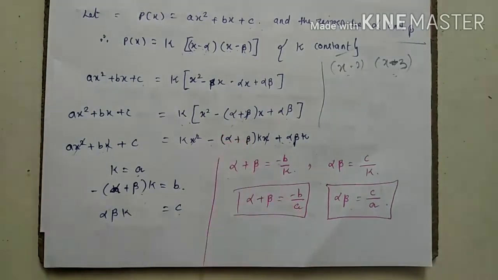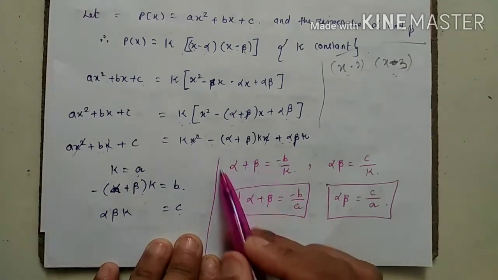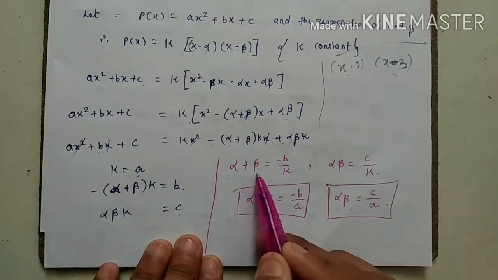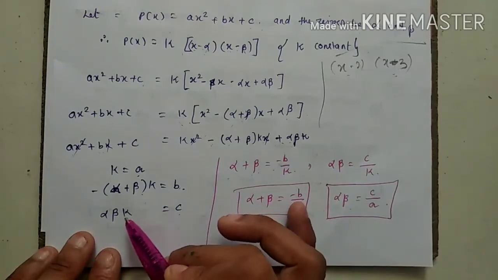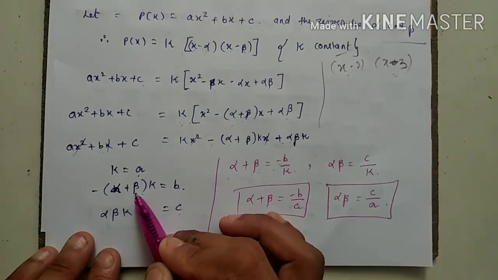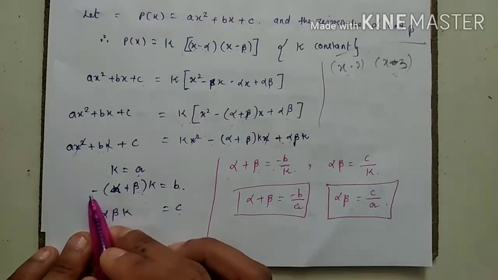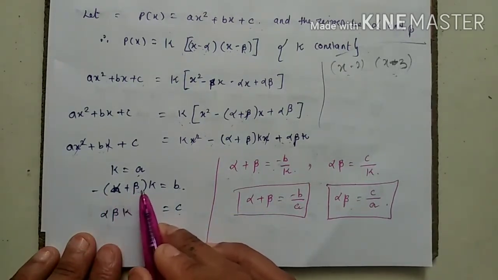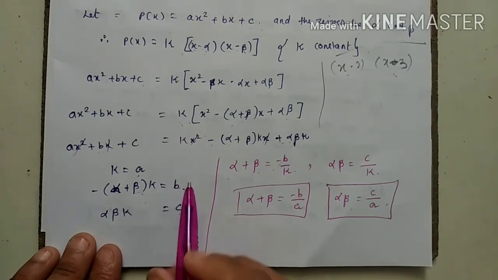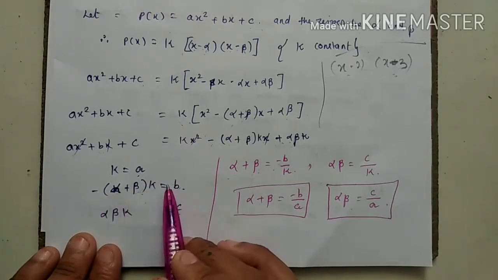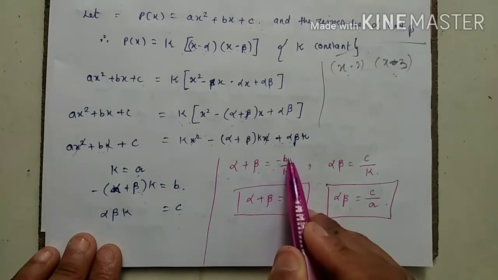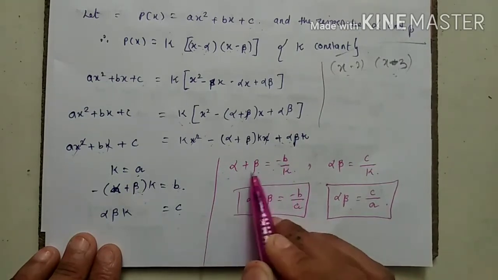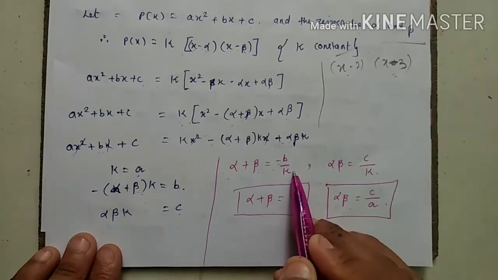Now come to here, the part of addition and subtraction. Alpha and beta are the zeros of the polynomial, so I have to add the zeros, the sum of the zeros. Just see, here is alpha and beta, you can see the minus sign, here is minus alpha plus beta k equals this, which equals b, correct? So this minus I am sending to this side, here is minus b, and this k is multiplying, it will go that side, divide. So alpha plus beta equals what? Minus b upon k. Is it clear? The sum of the zeros is minus b upon k.